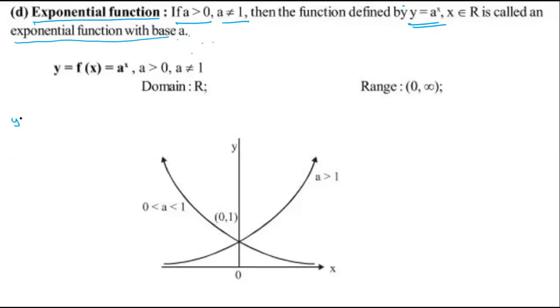Sometimes they are giving y is equal to 2 power x, y is equal to 4 power x, y is equal to 1 by 2 power x, y is equal to 1 by 100 power x. So how to draw these types of pictures? See carefully, dear students. Put x is equal to 0. What is the value of f? Y is 1 coming. That means y is equal to 1. So these two graphs meet and intersect at y is equal to 1.